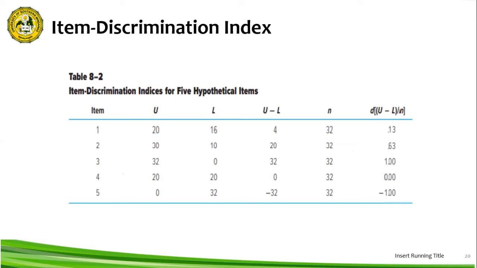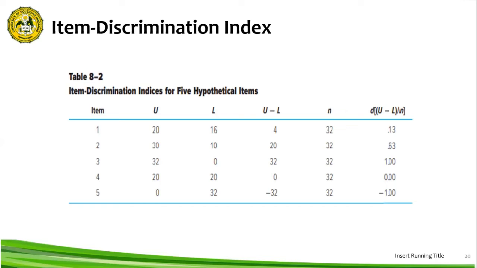So in item 1, we got an item discrimination index of 0.13. So sundan nyo lang po yung ating mga numbers sa screen. With this result, it is a reasonable item because more members of the upper group were correct than the lower group. The item 2 is better than item 1. Why? Because it yielded